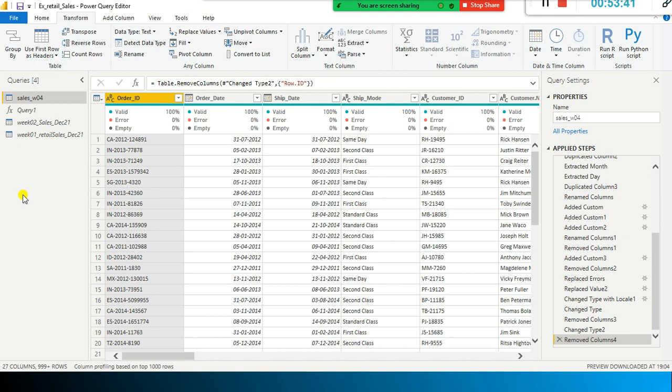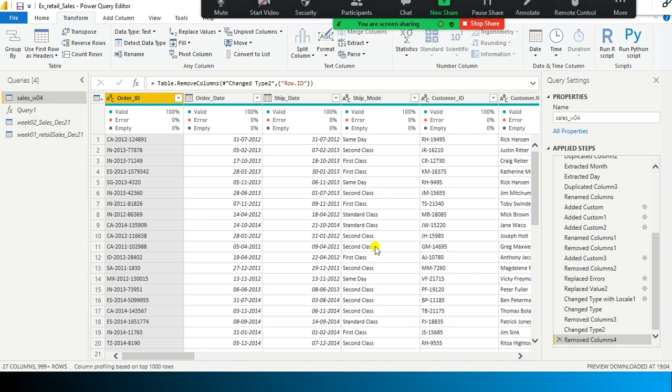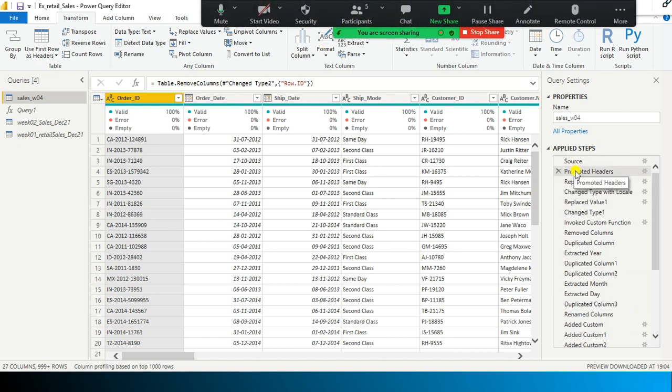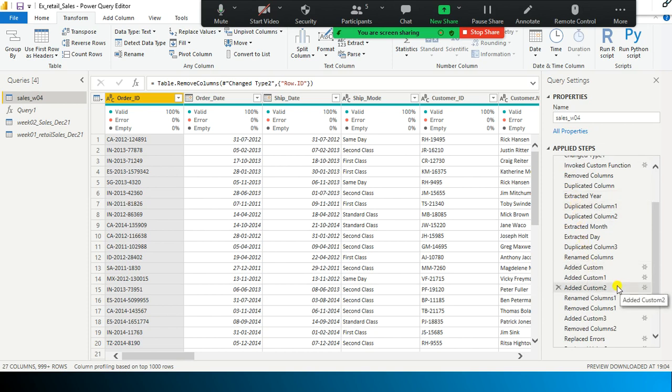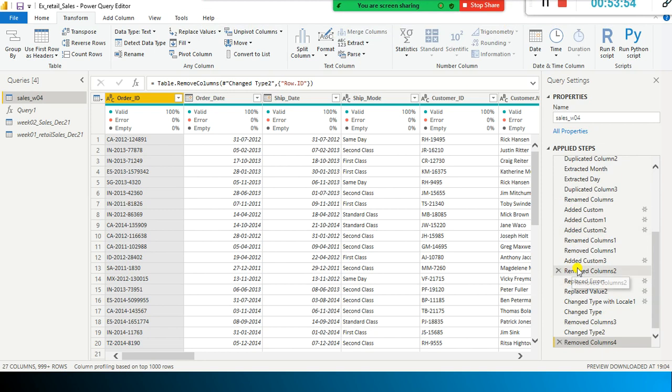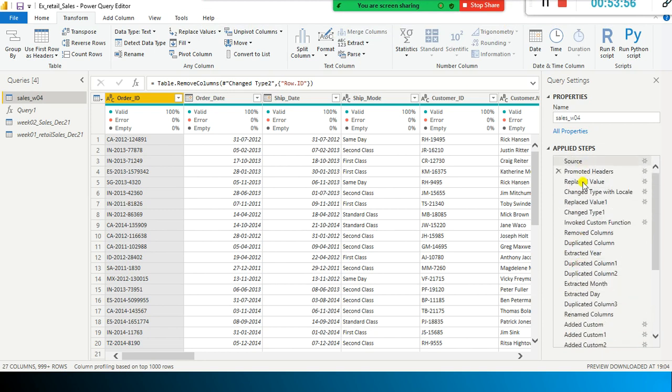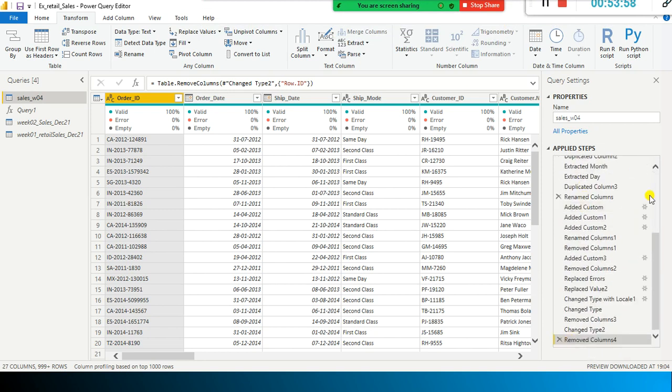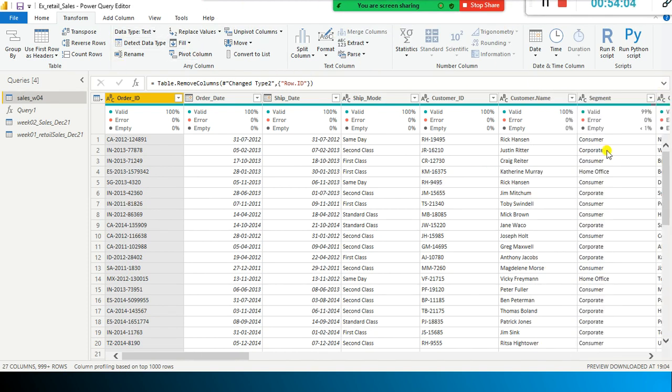Each and every person need not apply the same steps. And another problem is they might ignore or forget to apply some steps, right? So now you have done everything, applied all the necessary steps, and vetted with your stakeholders. They said everything is fine. Then what we are doing is we are going to publish this to cloud.